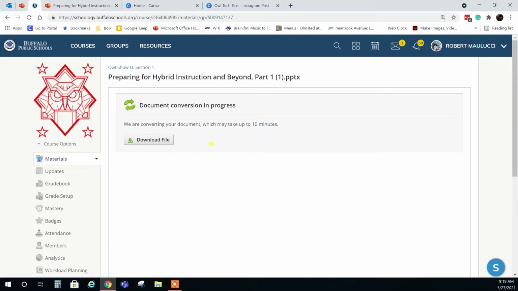So I shared this as a PDF or as a PowerPoint about 10 minutes ago, maybe more than 10 minutes ago. Honestly, it was more than 10 minutes ago. It's still converting it. So if you're doing things quickly during the day, you're going to have to wait and make sure. I find that kind of frustrating. The other thing that's frustrating about this is that once you